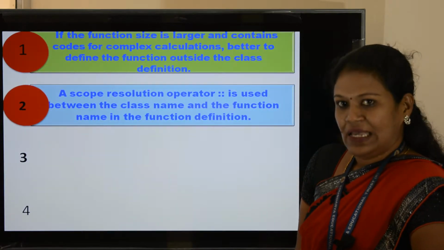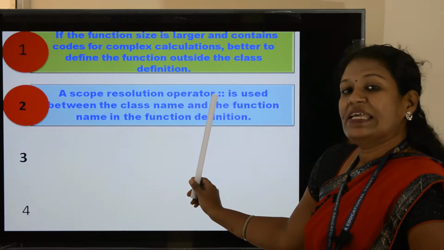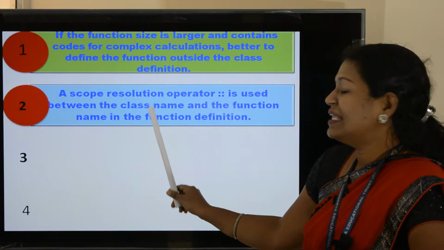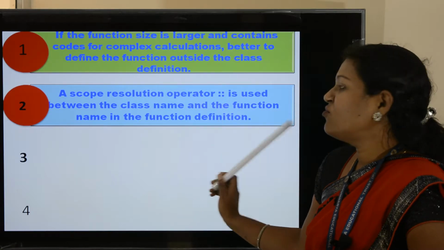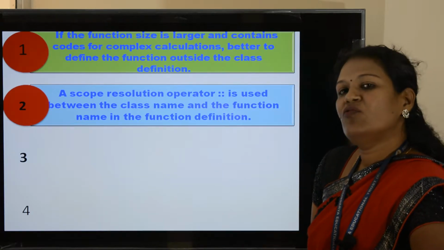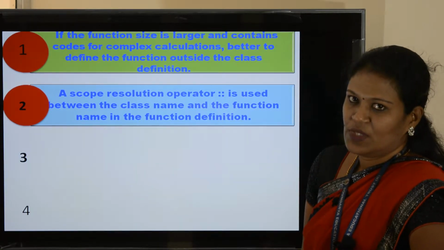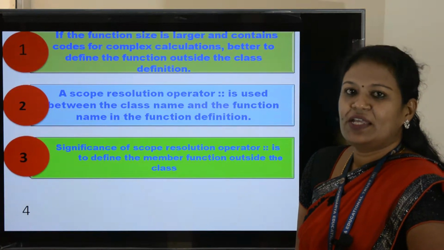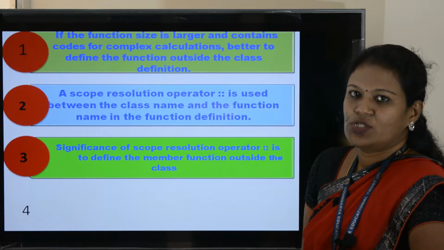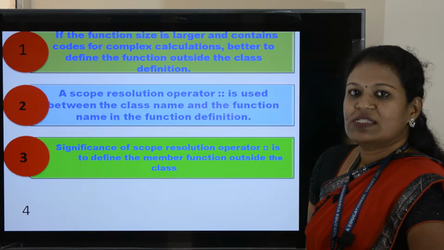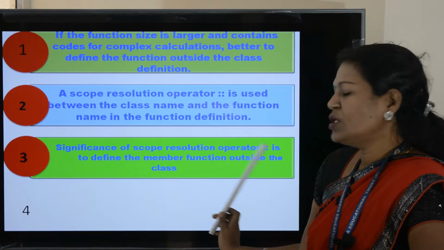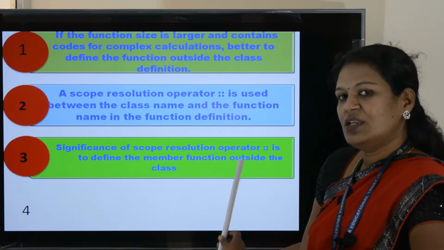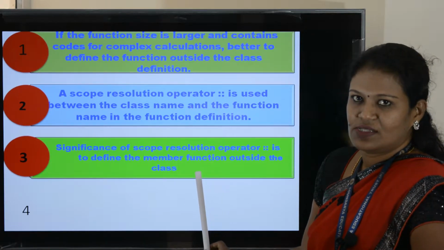Second point is, a scope resolution operator is used between the class name and the function name in the function definition. Next point is, what is the significance of the scope resolution operator? The significance of the scope resolution operator is to define a member function outside the class.